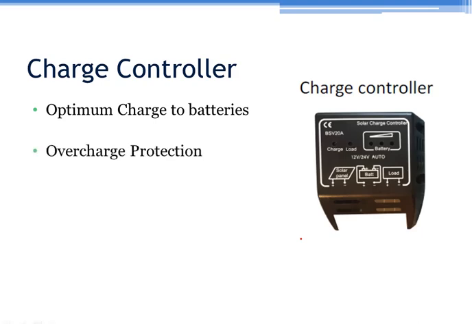This will avoid overcharging. If the battery is directly connected to the solar cell, and if the solar cell output or solar panel output fluctuates or increases, it will overcharge it and it will damage it. So what we do in that case, we place a charge controller between the solar panel and a battery. The charge controller will charge the battery with proper voltage and current rating, so it will avoid overcharging of the battery and thus provides us overcharge protection. It will help us in preventing unwanted discharge.